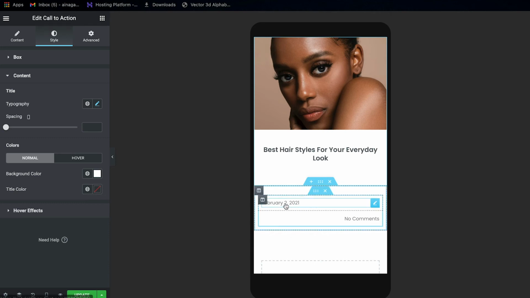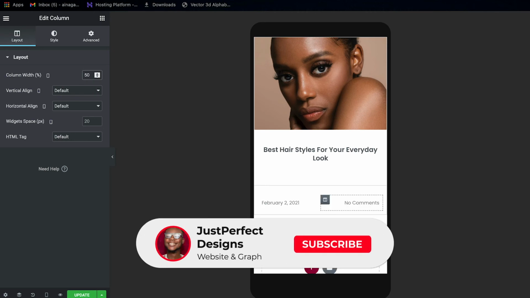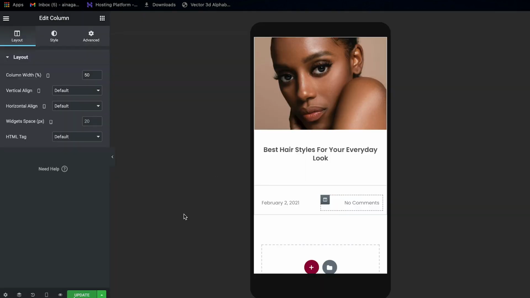The first column in the inner section where we have this date, you want to click on that column. As soon as you click on it, come down to the layouts where it says column width. You just want to put in 50 right there, so it gets 50% of the width. And you come down to the second column in the same inner section. You click on that and you do the same thing and give it 50% as well. So as you can see, both are aligned the normal way. So if you hit the save button right here,